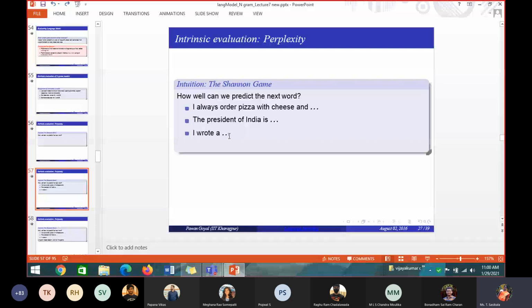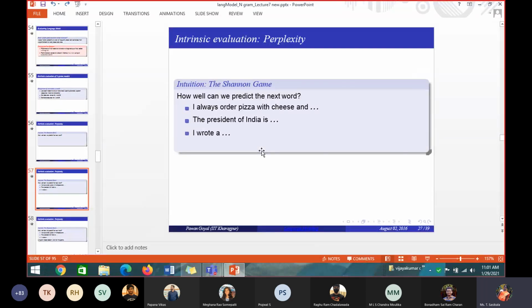So in my data, I know what all the words are which fill the blanks from the corpus. If you have two language models, then we have to find out which one will fill the blank better. Is the first language model filling "I wrote a program" correctly, or the second? Maybe the first one is filling it wrong and the second one is filling it correctly. So you can test it. If two different language models are constructed, you have to find out which of them fills the blank better than the other.